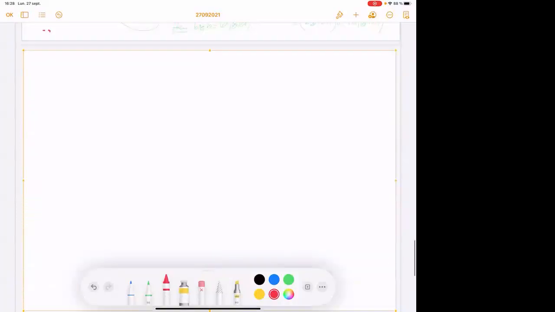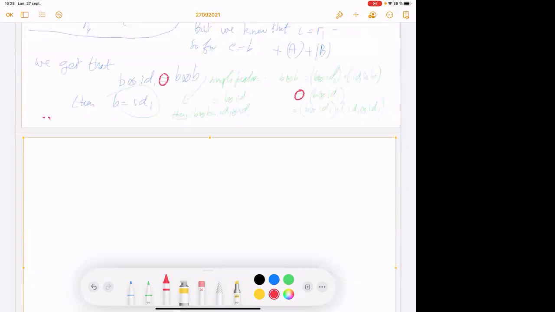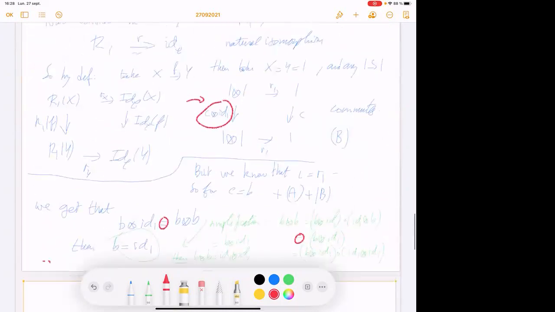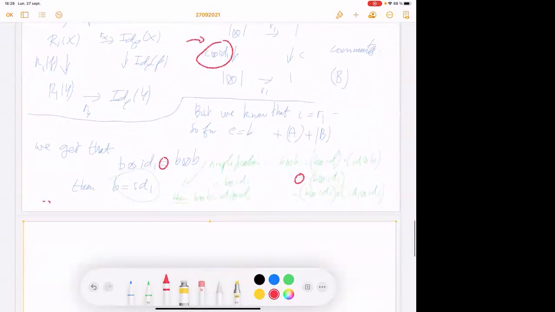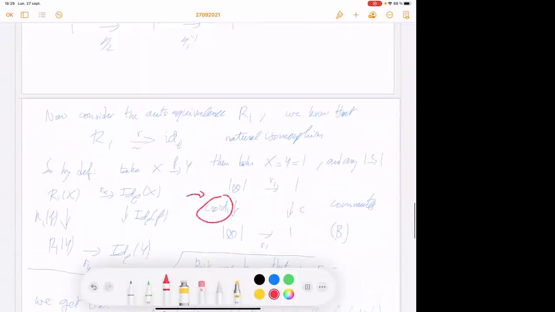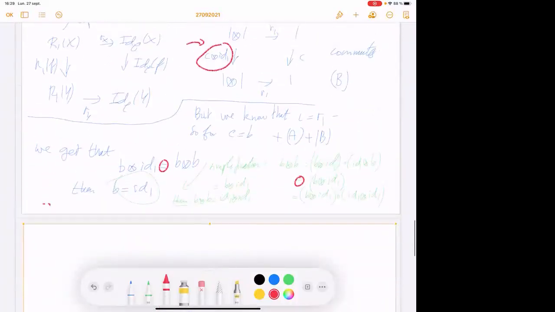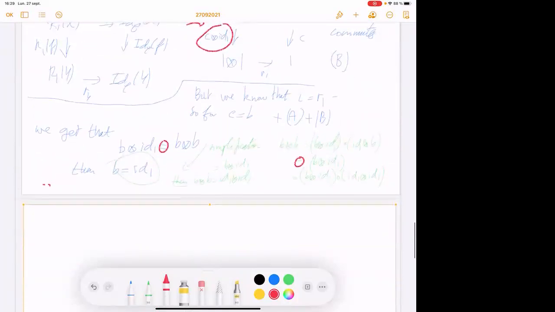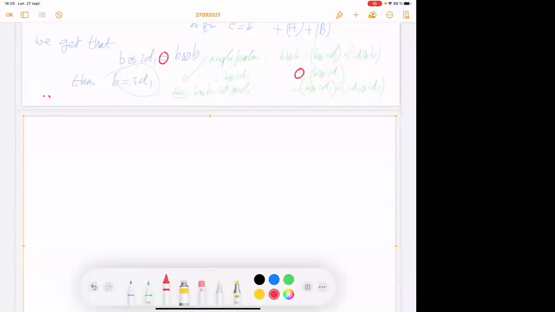In fact, it's the first time I use this page application. Last time I used Zoom. I wrote on Zoom, but because we had connection problems, when you go out of Zoom, all that we wrote is erased. So I chose to take another application, but I am not so comfortable with that.